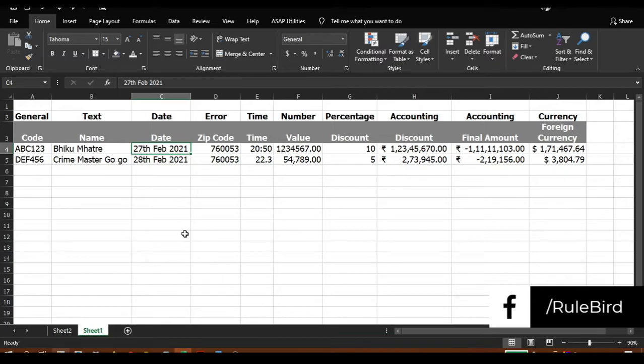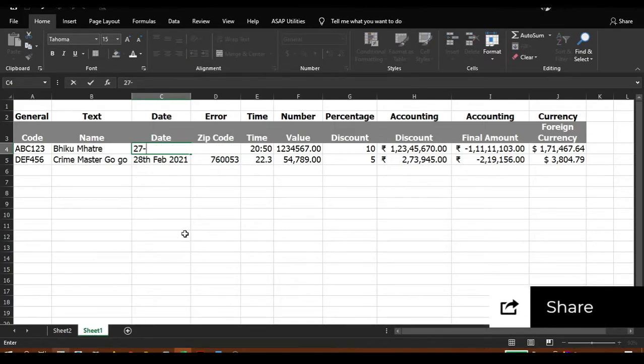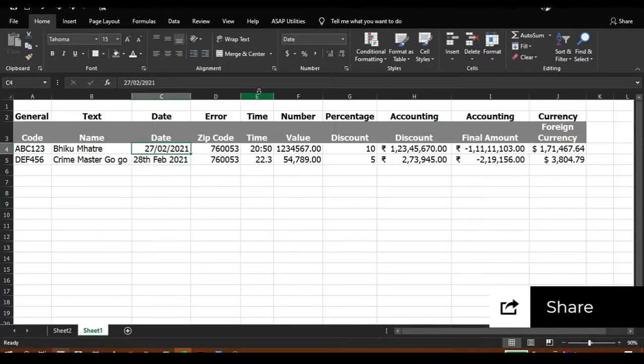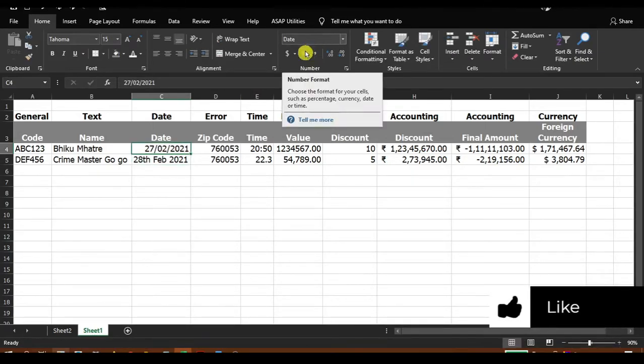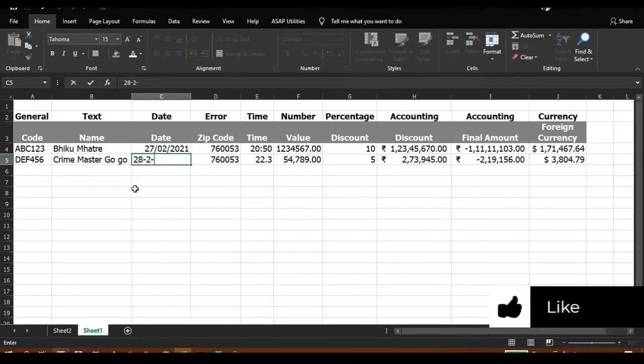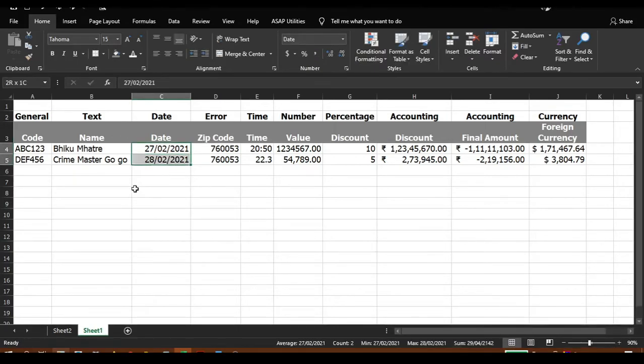So how can we solve this problem? To solve this, we need to enter the date as Excel understands it. Excel understands that if I type like this, 27th February 21, it will understand that this is the date form. You can see over here that it has applied the date format. Here I would need to apply it again. You can see over here that both these cells have the date format applied. So now I drag this and apply the fill handle, then my dates will be correctly shown.